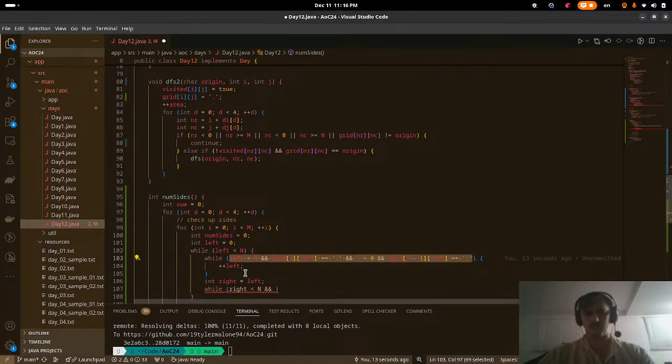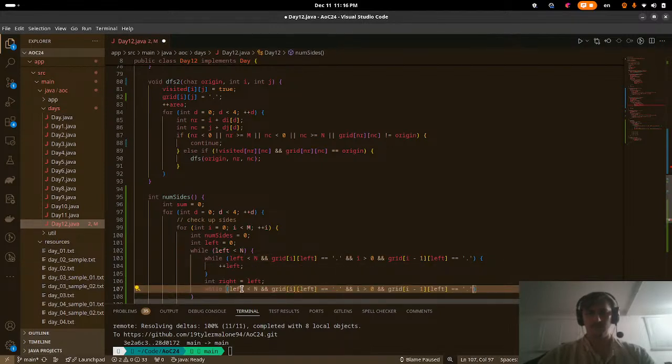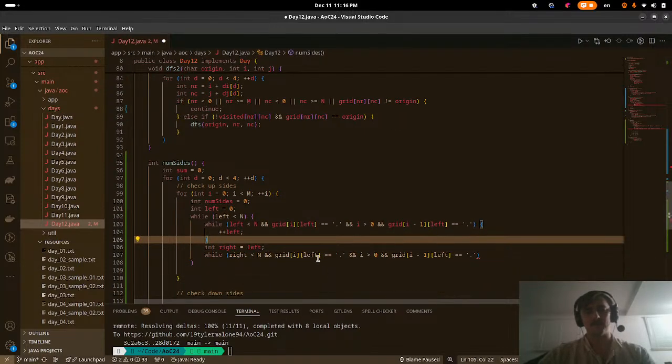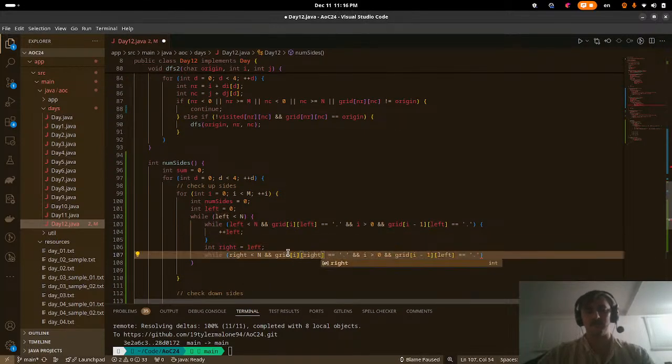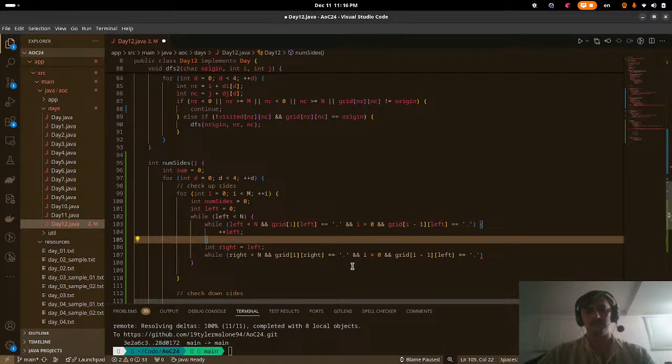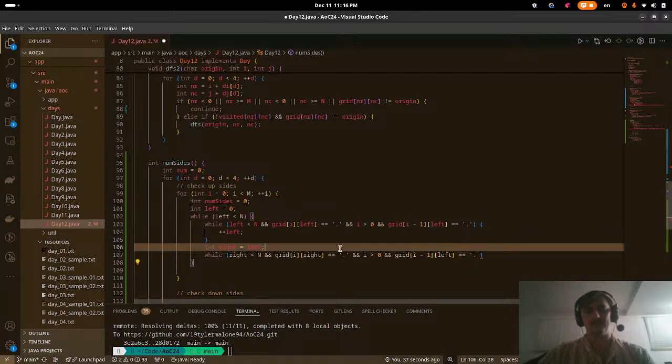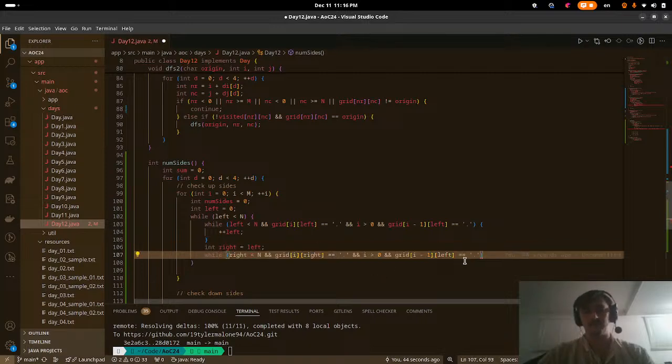It's like the inverted condition. While right is less than n, and grid[i][right] is equal to period and the one above us is not,